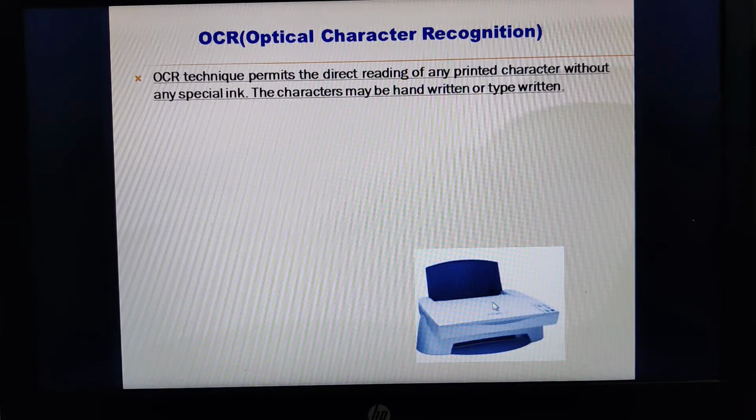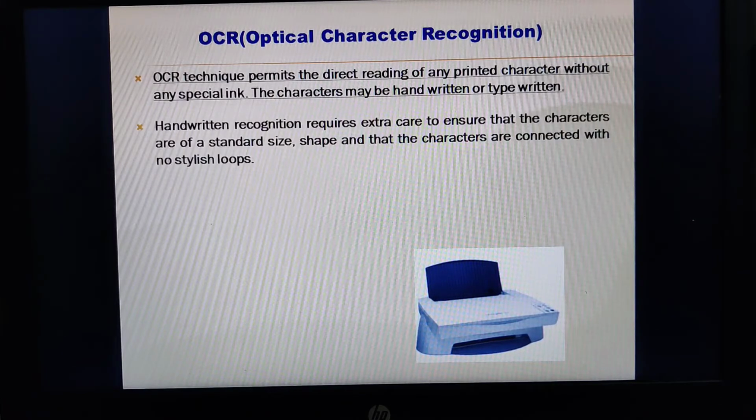That means OCR is a device that helps you read the characters from a book. Whenever you scan a page from the book, this device will recognize all those characters, the punctuation marks and letters, and store them. Later you can easily edit that document with a word processor. So this is all about the OCR.